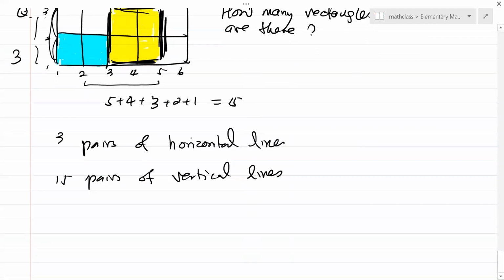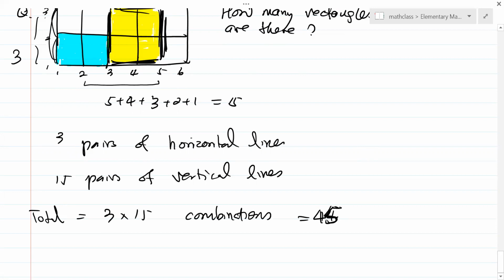So how many combinations are you going to get? 3 pairs of horizontal lines, 15 pairs of vertical lines. Total, 3 times 15 combinations. 45. You're going to get 45